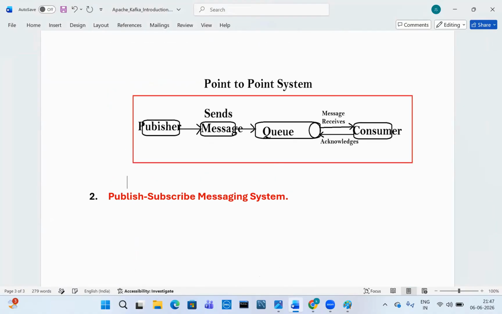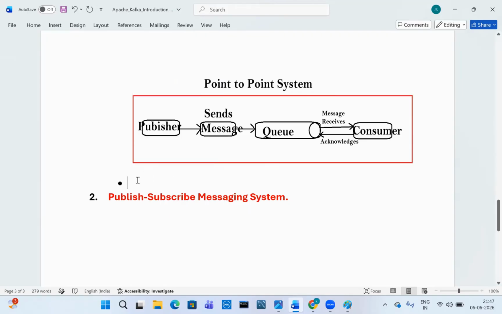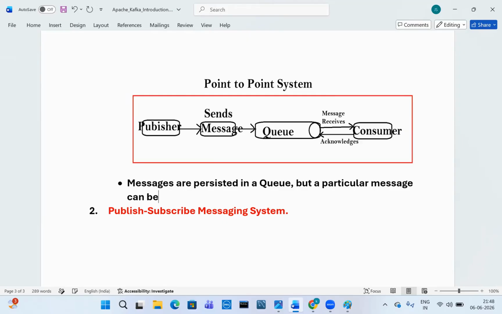After that, let's add some other points. Messages are persisted in a queue. But a particular message can be consumed